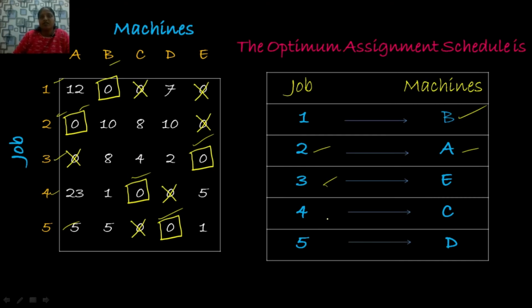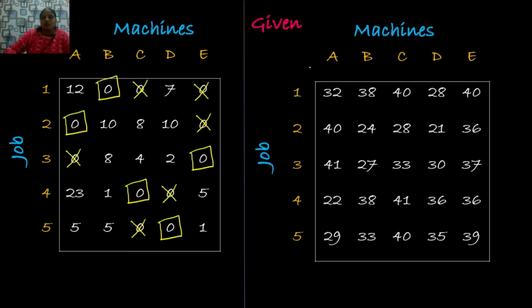After finding the optimum assignment schedule, we have to find the original cost associated with these positions, to find the profit associated with this matrix. This is nothing but our last matrix, but the given problem is of maximization type, that is, a profit matrix is given. So we have to calculate the maximum profit associated with this optimum schedule. For that we need the original cost associated with these positions. So let us look at the given profit matrix.